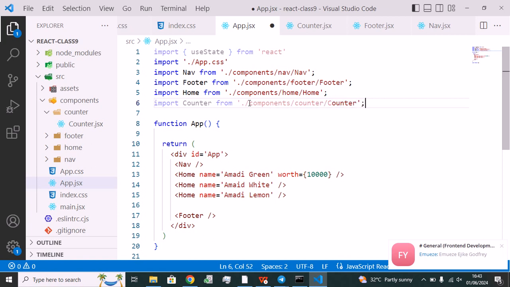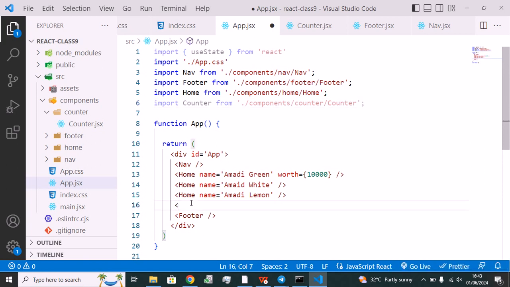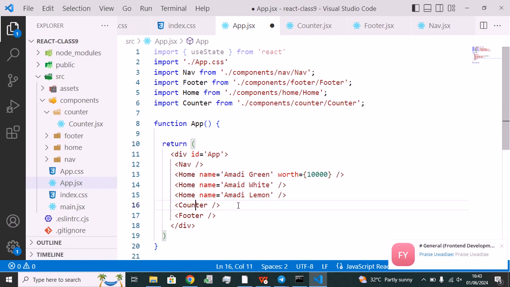So now we have that, so I can now use it here. So I have my counter now. Okay, I think I didn't spell counter well. There's no n here. Okay, so the error has gone. So if I save this now,